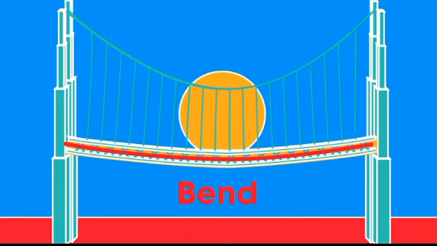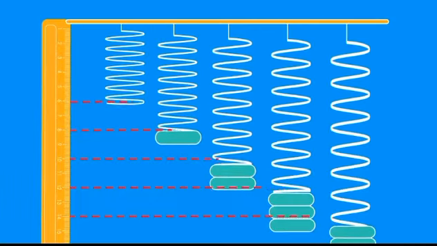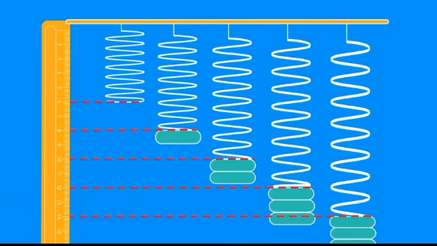Imagine measuring the extension of a spring when different loads are hung from it. The extension of a spring is found by subtracting the original length of the spring from its length with the force applied. 2 newtons force extends the spring by 2 cm, 4 newtons by 4 cm, up till 8 newtons